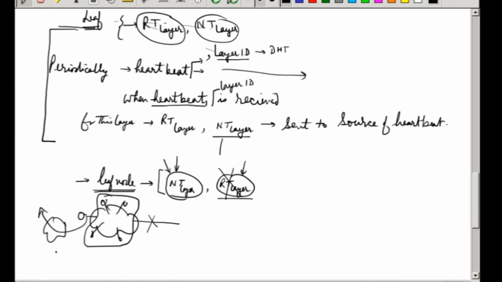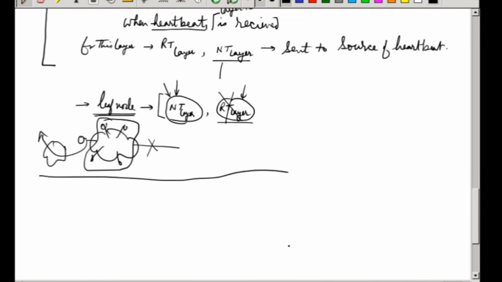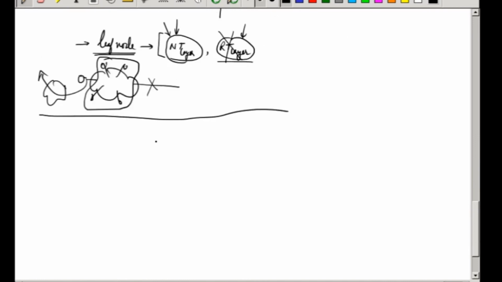Now the nodes which are in the core, what will they do? So let's come to that. If you are a core node, in that case you will not be sending heartbeats, but you will be sending your neighbor table. For each layer where you are present, if you are a leaf node, then you will be sending a heartbeat along with the layer ID for the layers in which you are updating your local tables. But if you are participating in a layer, you will be broadcasting your neighbor table as well as your routing table at that layer to all the entries which are listed in these two.